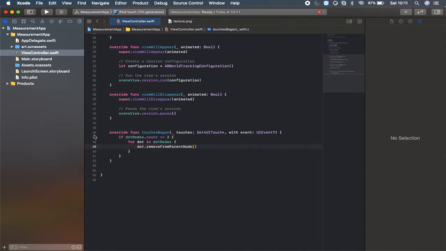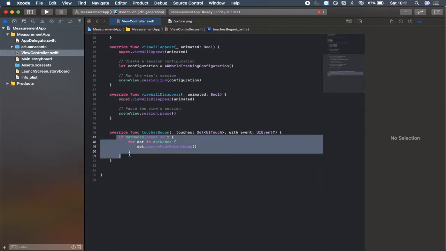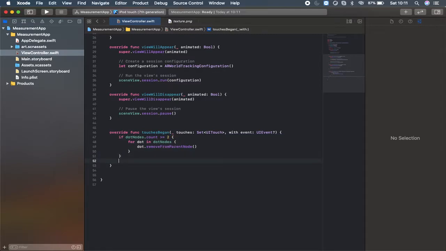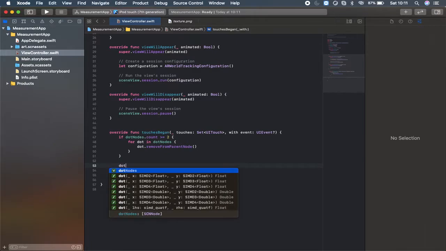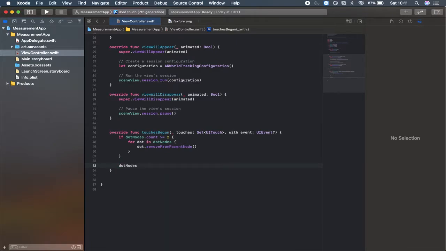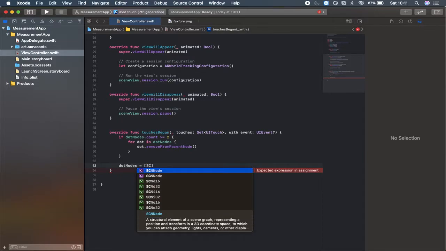Actually checking here, what I'm doing is if the dot nodes count is equal or greater than 2, I'm going to remove the dot nodes after that if we touch again. That's what it means. So we will get into clear while we're doing that. Okay, so let's say dot nodes will be equal to SCNNode,